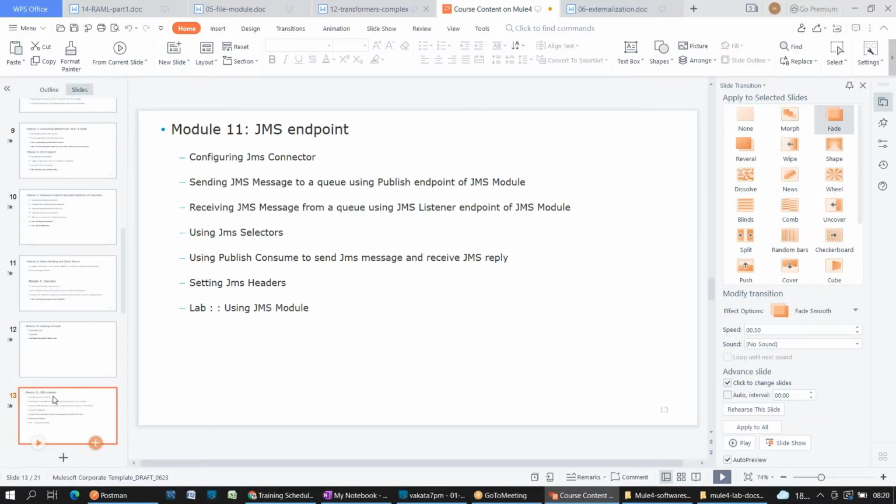Next. Okay, till now we discussed a few, right? Now I'm going to talk about the JMS endpoint, one more type of integration called queues, messaging. We are going to use JMS, and I'm going to use ActiveMQ as a third-party message broker. So how to publish a message into the queue, how to consume the message from the queue, how to publish a message and wait for the response, and how to consume the selected messages by using the JMS selector and headers. So we have a lab for that.